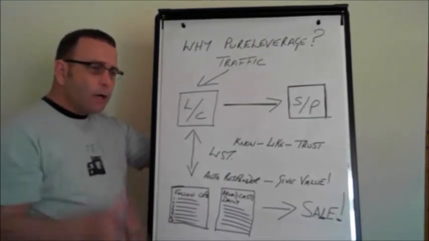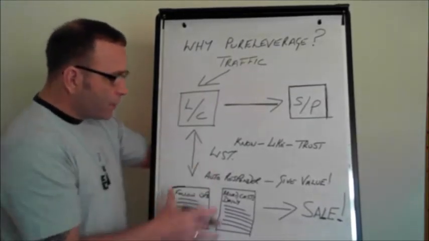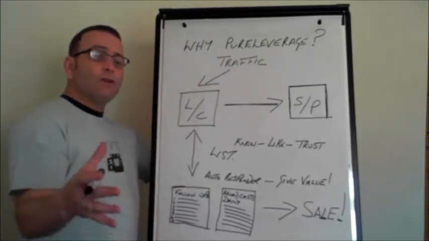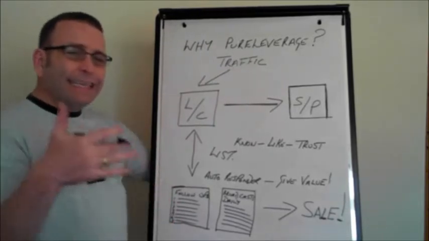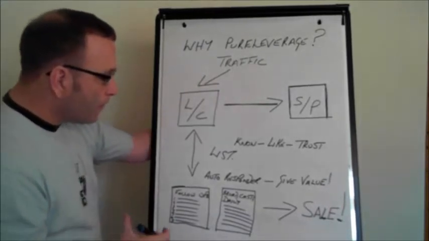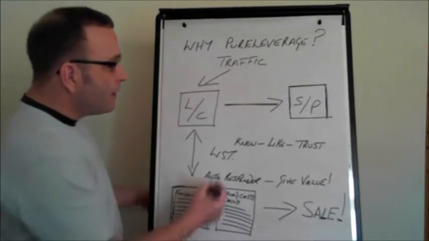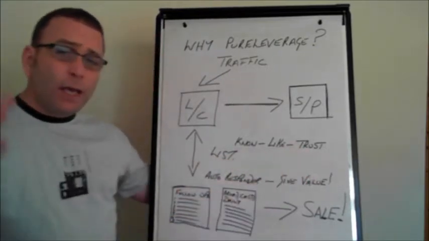The money is 100% in the list, and you need the tools to build your list, but the follow-ups just aren't enough to close us out, not to get to the income that you and I want. So what we want to do, we've got to have personal interaction. They've got to know, like and trust you, because people buy from people.